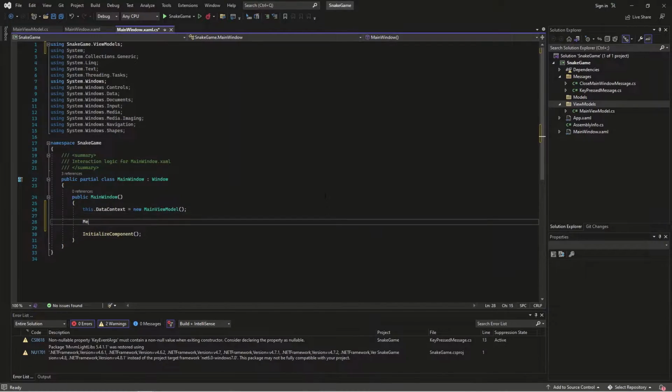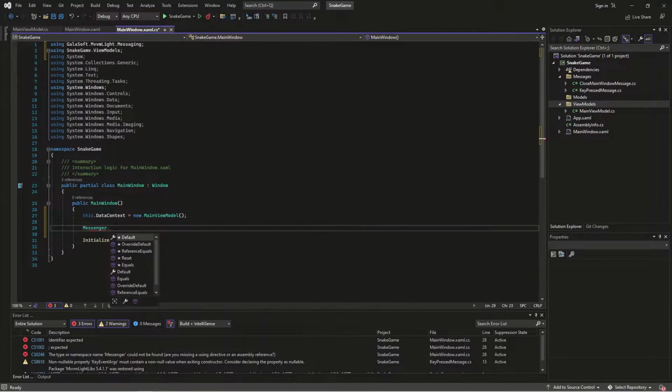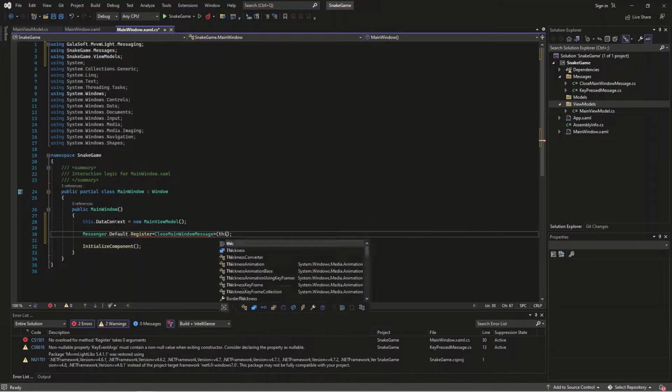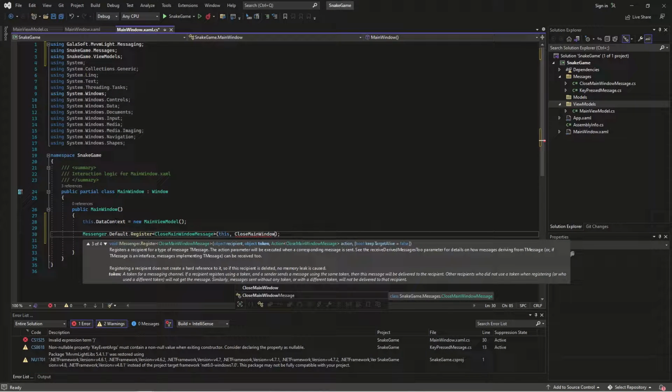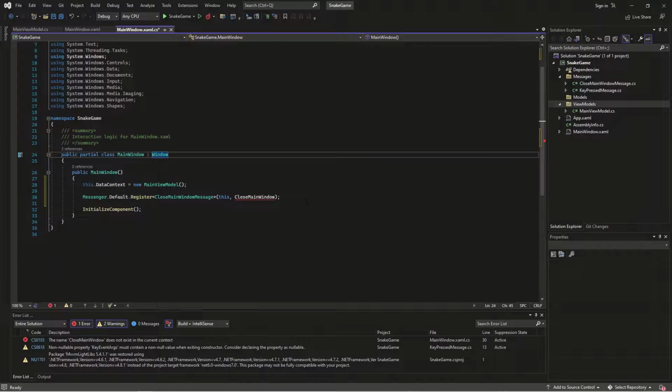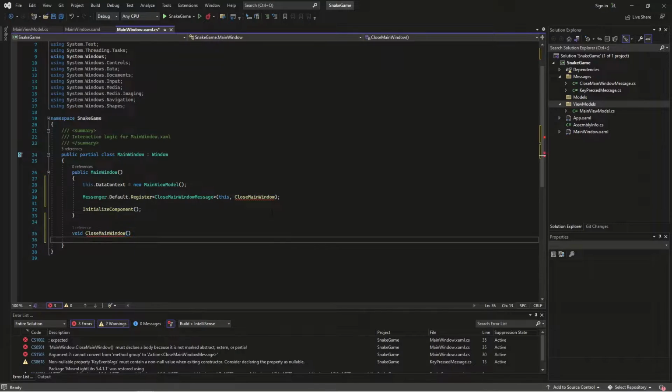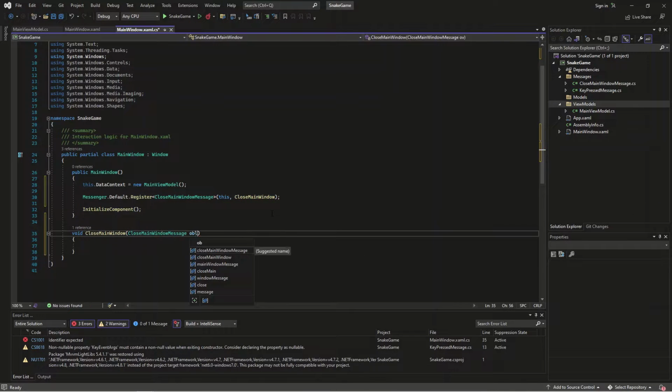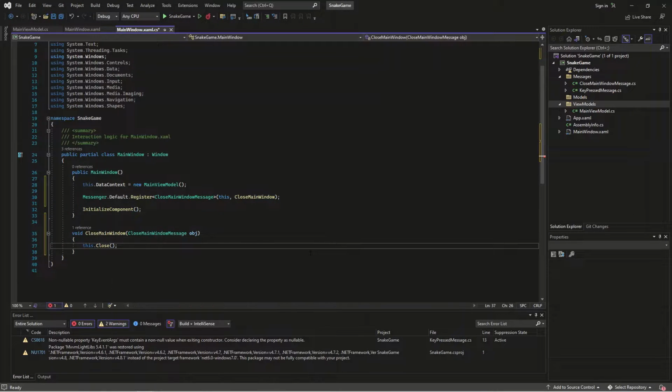MainViewModel. Next, we must register to the Close Main Window message. Notice the name Close Main Window. This is a function that we will create shortly. By including this function, we are informing the compiler that when a close window message is sent, this function Close Main Window must execute. And now let's create this function. The function must receive an argument of type Close Main Window message, and all the function does is close the